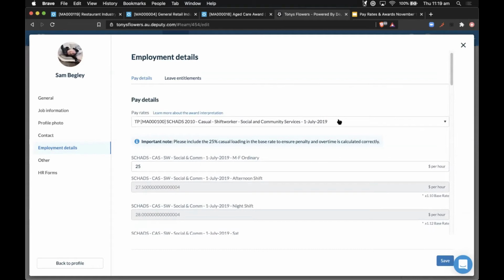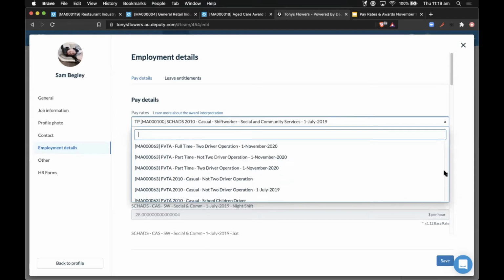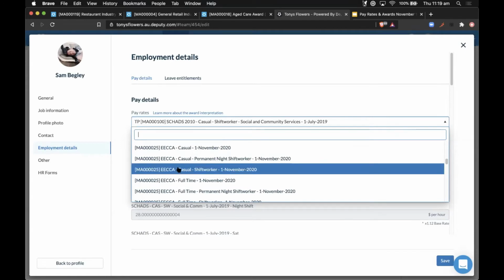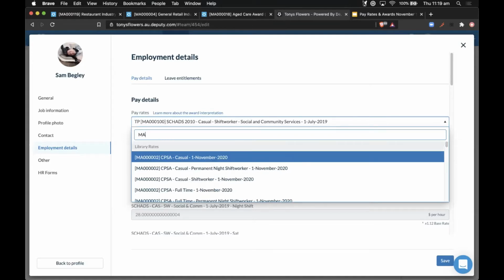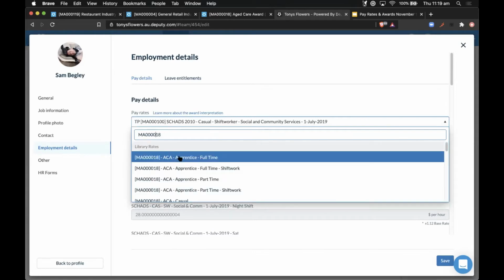Okay, great. And just like the support article itself, it's quite big, but so is the award library. So rather than scrolling all the way down it, try and remember at least the acronym. What I do is Google Fair Work and the description, for example, aged care award, and it will give me the code for it. Because if you type in the actual code, so for example, MA, 1, 2, 3, 4, 5, then what, 8? I think I've done too many zeros. There we go. Then I get the ACA.